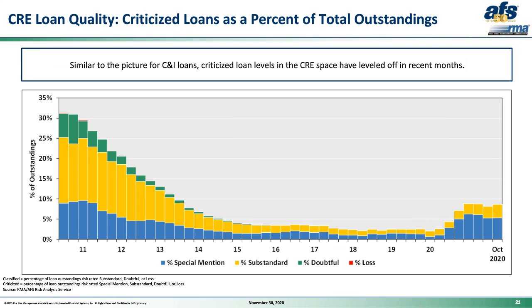We measure credit quality, similar to what we did with C&I, by detailing the trend in criticized loans. And as these numbers increase, the credit quality decreases. So going from the left to the right, you see the dramatic improvement in CRE as criticized loans shrank from 30% criticized to just 2.11% in March of 2020.